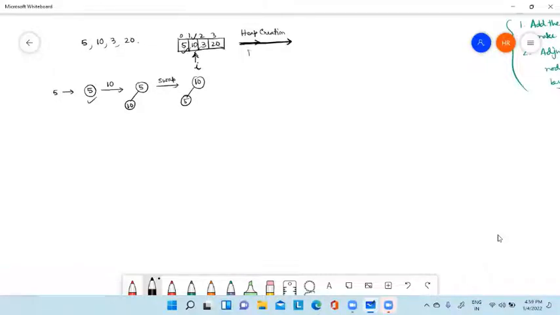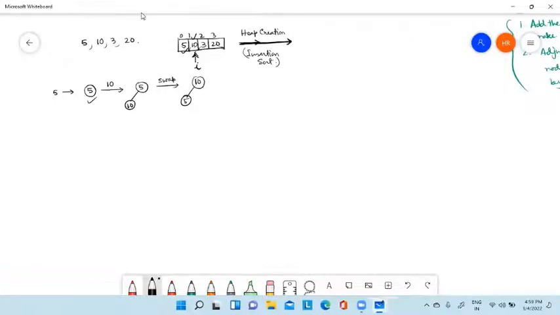Insertion sort. So we are getting some similarity for this heap creation with insertion sort. The same thing is happening in insertion sort. We get some element, then we insert it in its proper position. In insertion sort, we are just shifting the elements to make free space for the new element.